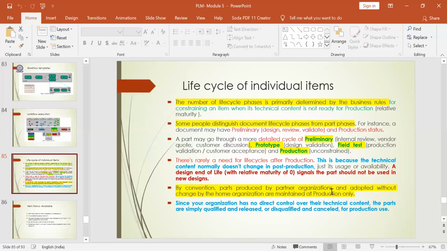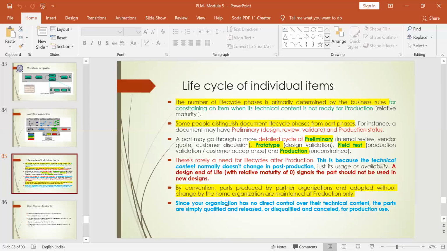They will just adopt what is received from the partner organization, and maintain it for production only. Until production they will maintain the life cycle for the particular part they have taken from a partner organization. It is restricted until the production. After production the product will have a common product life cycle until it reaches the decline stage.